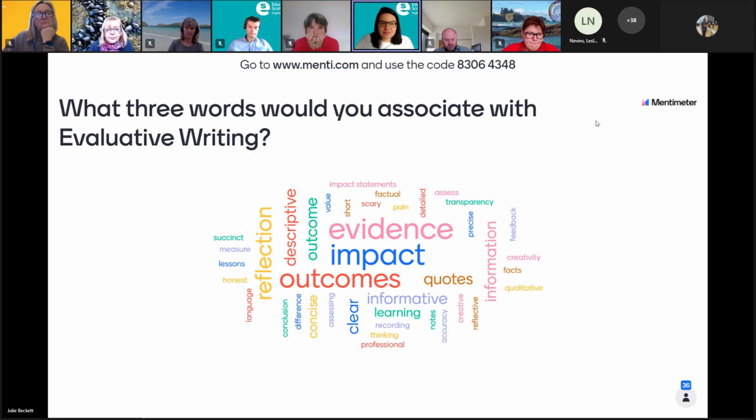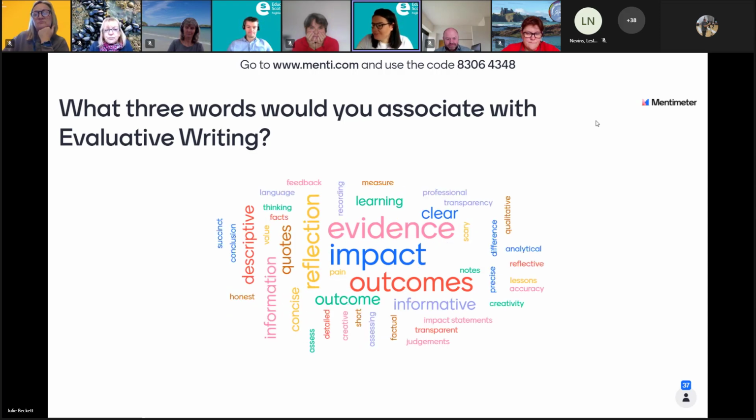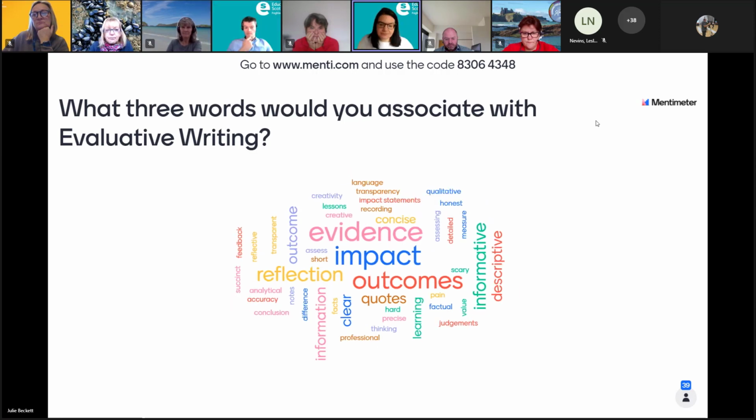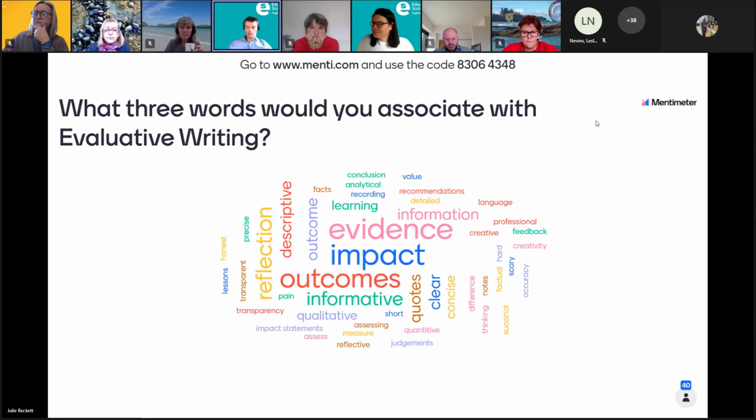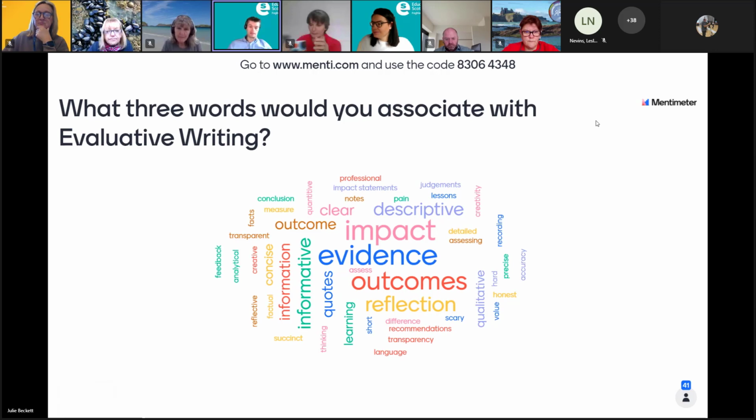Great to see people being able to access this. Also a bit of relief on our part as well. But wonderful to see all those words coming through there. It's a really good visual way of showing what people's thoughts are, and we use these kinds of resources quite regularly when we deliver sessions to make it a bit more engaging, because the visual impact of it is quite clear.